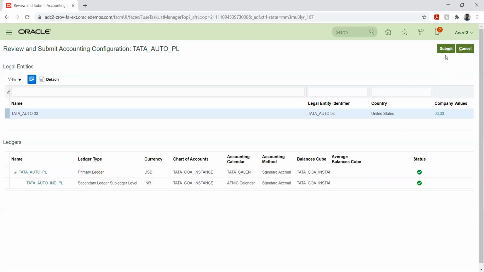So I'm submitting this. After submitting this, this will basically create the cubes for the secondary ledger.